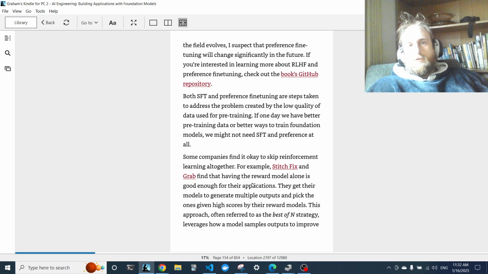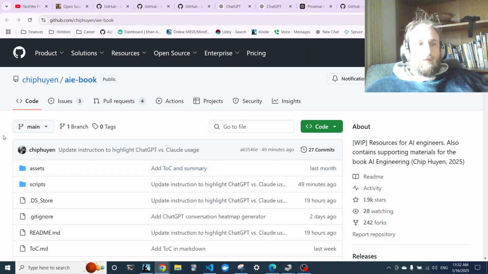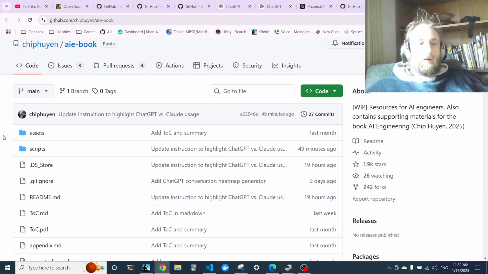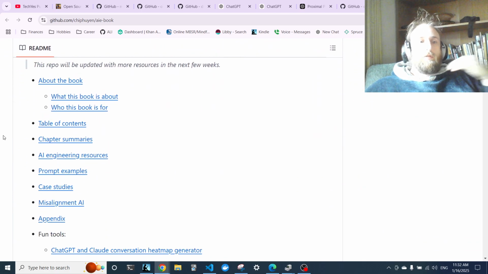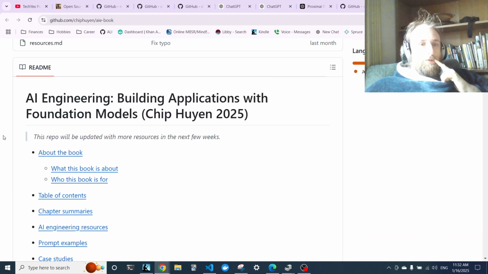If you're interested in learning more about reinforcement learning from human feedback and preference fine tuning, check out the book's GitHub repository. So that's another good thing to point out is this book has its own repository as well. So this is another good way to jump right into